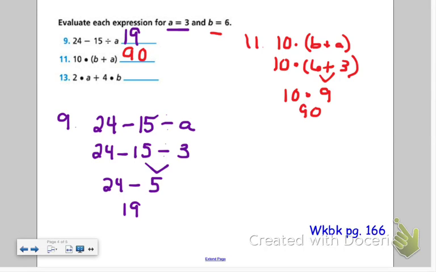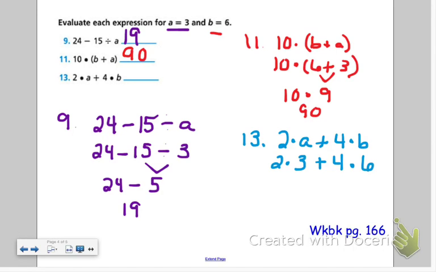Alright, let's do one more together. Number 13. We have 2 times a plus 4 times b. Alright, substitution step comes first. 2 times 3 plus 4 times 6. So all I did was take those numbers and put them in for the variables, and now I'm ready